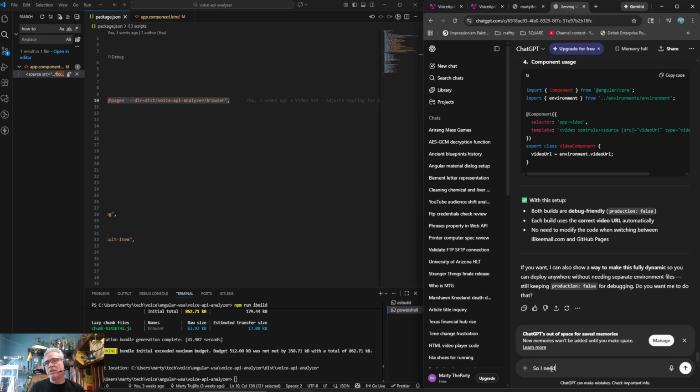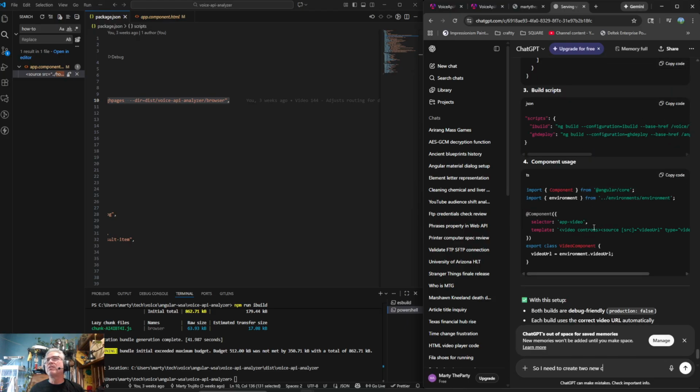Okay, so I need to create two new config files. Is it called a config? What's it called?